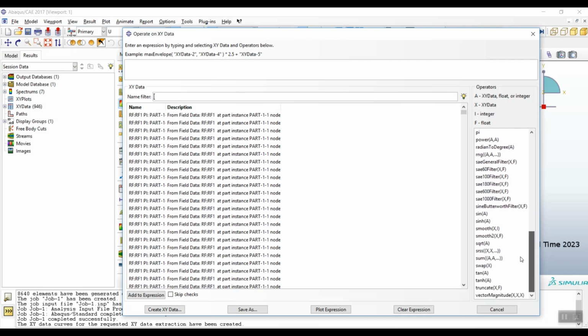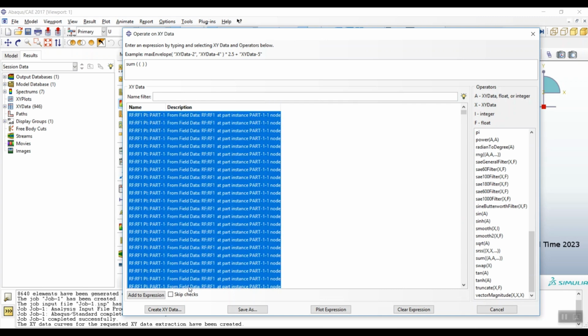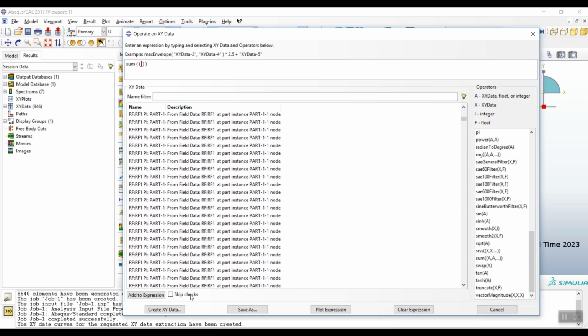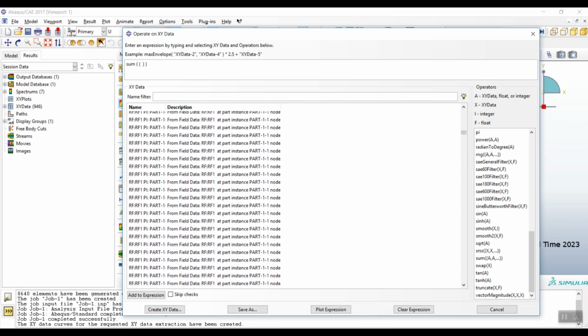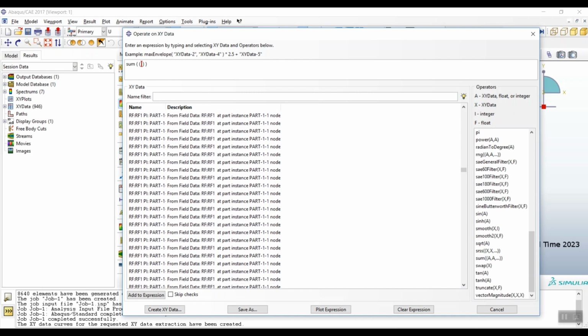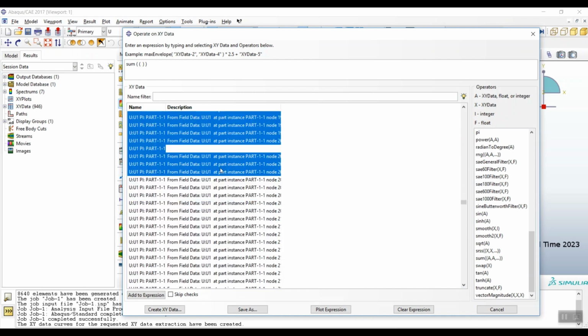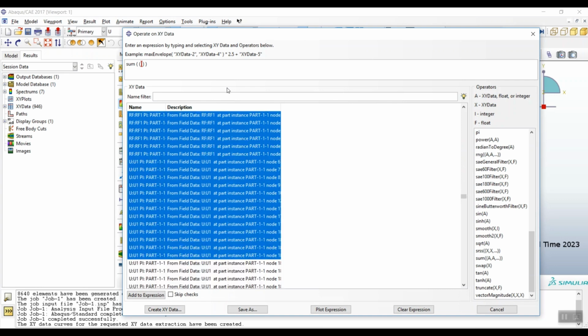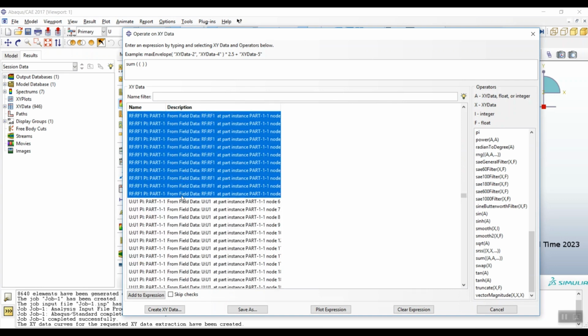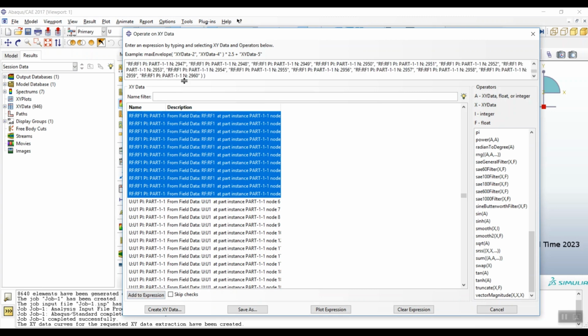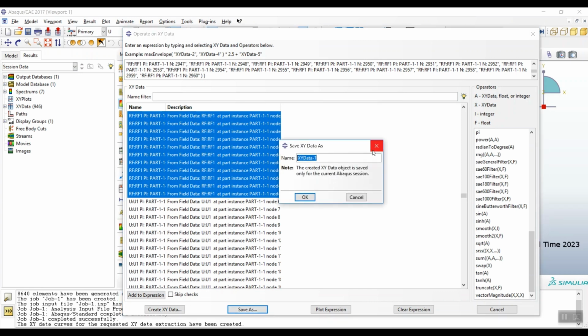Then I use the summation here and select all the reaction forces that I selected before, until the last one here. Okay, add to expression